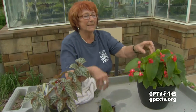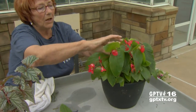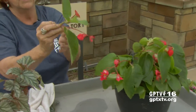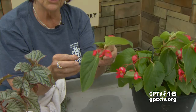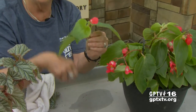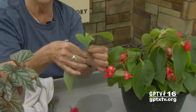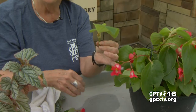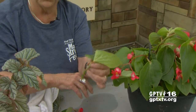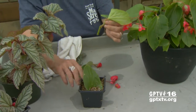Remember, you can also make a stem cutting. So we're going to just break it off. We're going to do this one a little bit longer. It's interesting, we're going to have to take the flowers off. The reason that we're taking these flowers off is if a plant is blooming, it's not putting its nutrients into making roots. So keep the flowers picked off, then we're just going to clean it up a little bit,